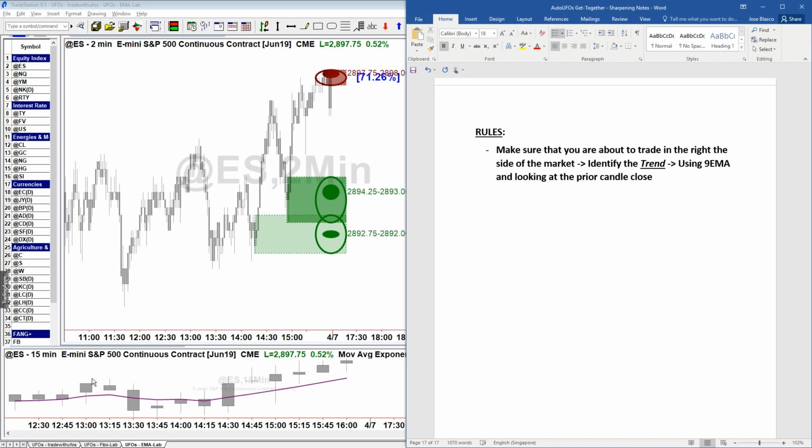Okay, and let me take a look at the chat box to make sure everybody's with me. Can you clarify the difference between the TradeStation and the TradingView AutoUFOs? Brian, it's functionality. The algo behind the scenes is the same, so you get the same zones with both apps. Okay, it's the same thing, but functionality is different. TradeStation will give you a more advanced functionality compared to TradingView.